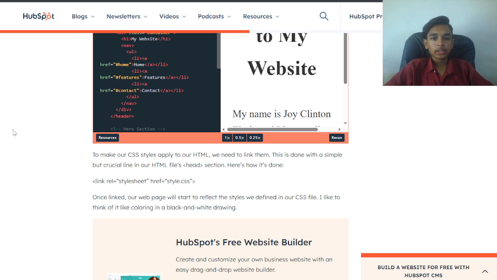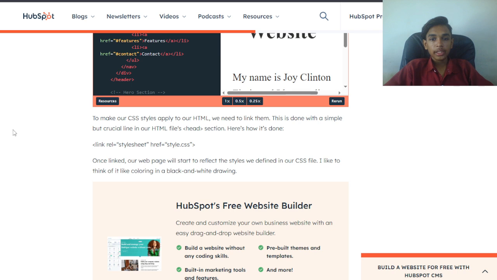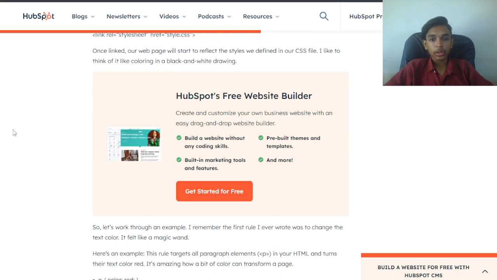This is done with a simple but crucial line in your HTML file's head section. Here's how it's done. Once linked to your web page, it will start to reflect the styles we defined in your CSS file. I like to think of it like coloring in a black and white drawing.